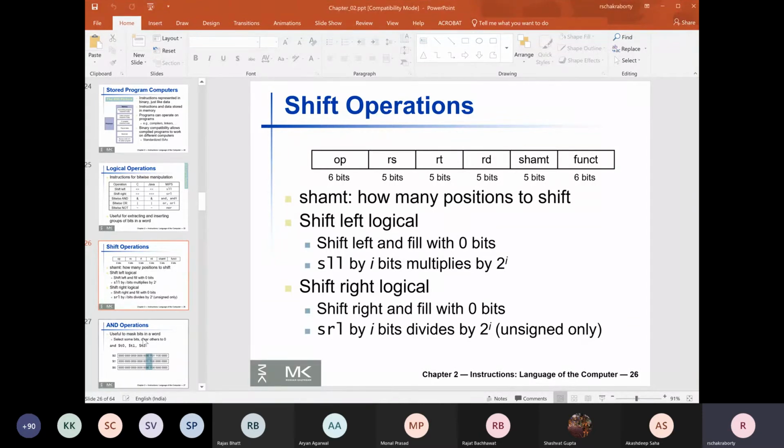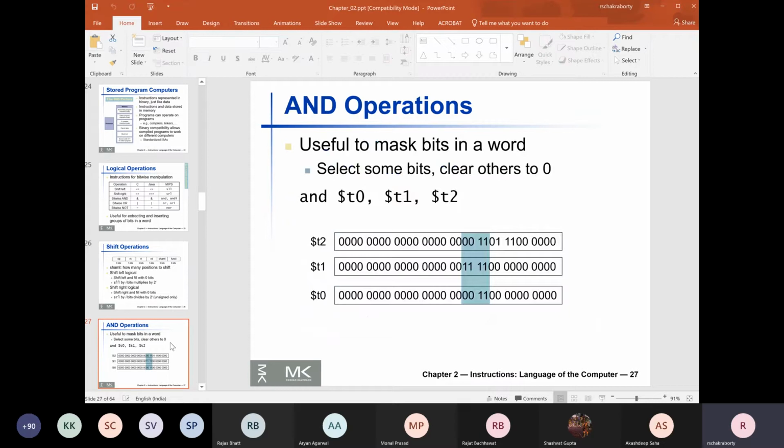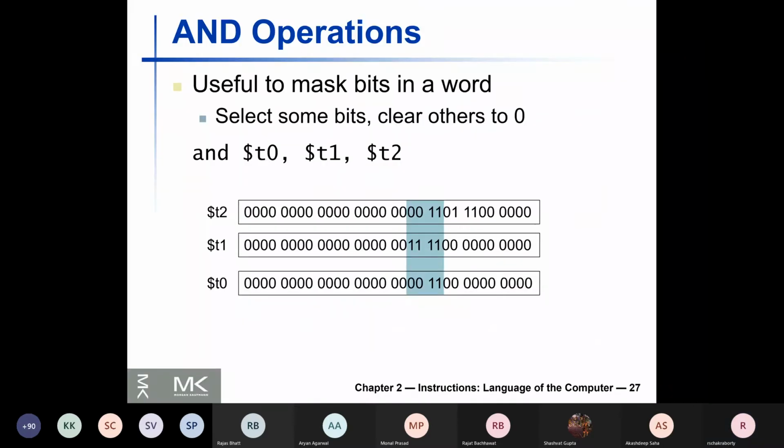Fine. Let us now have a look at some basic logic operations. Very simple. AND is a logic operation that is basically an R type operation. It performs the bitwise AND between two source registers and stores the result in the destination register.